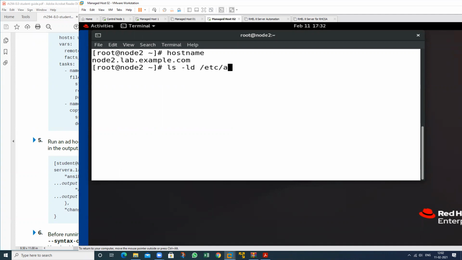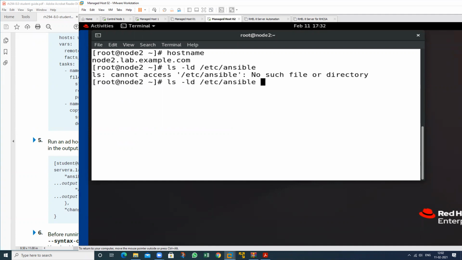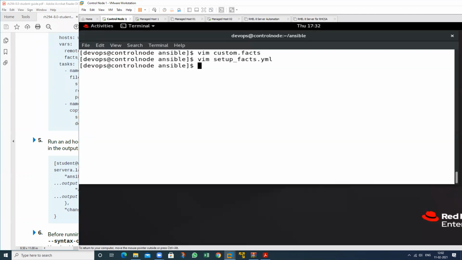ls -ld /etc. In this, is there any folder with the name Ansible? No folder at this time, because it is not created. Do we have any directory like fact.d? Just cat this one. See this one.